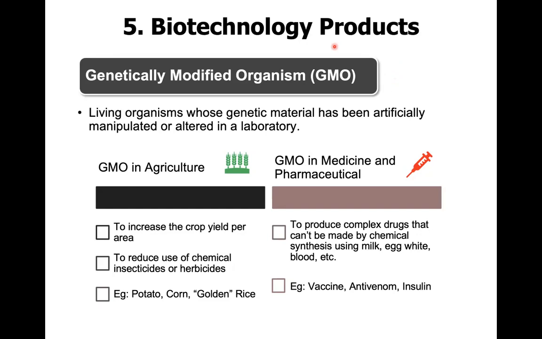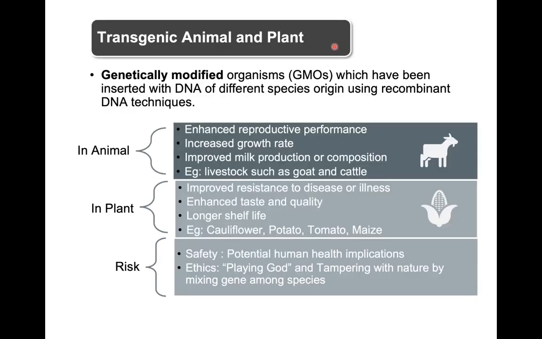Okay. So selalunya transgenic involves GMO, but GMO sometimes does not involve transgenic. Okay, you have to know that. Okay, nah ni transgenic. Yang tadi, dia kata GMO which have been inserted with DNA of different species. Okay, like I said, transgenic ni, dia melibatkan GMO, tapi GMO tak semestinya melibatkan transgenic. Okay, so GMO yang ni selalunya dalam animal, dalam plant, and also ada certain risk lah